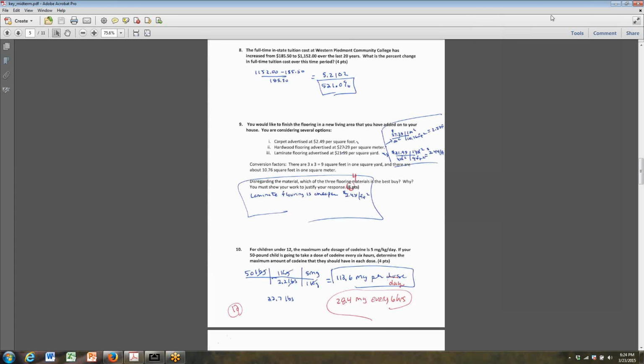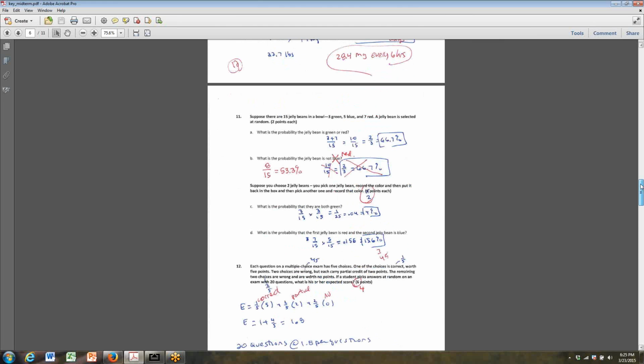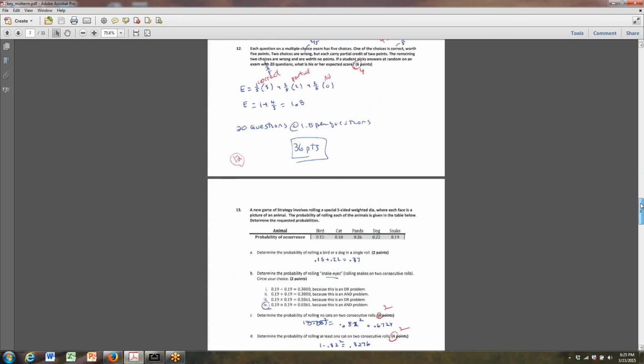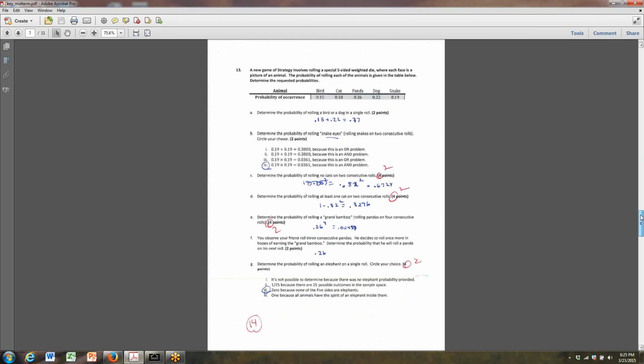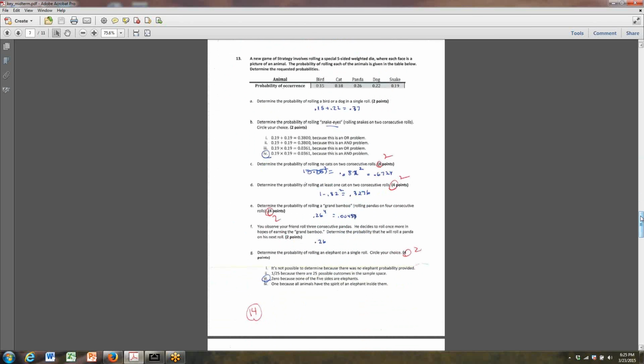Okay, let me go down to the next question here. Okay, so 11 was okay. 12 was actually okay. 13, this strategy game, is very similar to the STD lab. It says a new game of strategy involves rolling a special 5-sided weighted die where each face is a picture of an animal. The probability of rolling each of the animals is given in the table below. Determine the requested probability. So a bird or a dog,